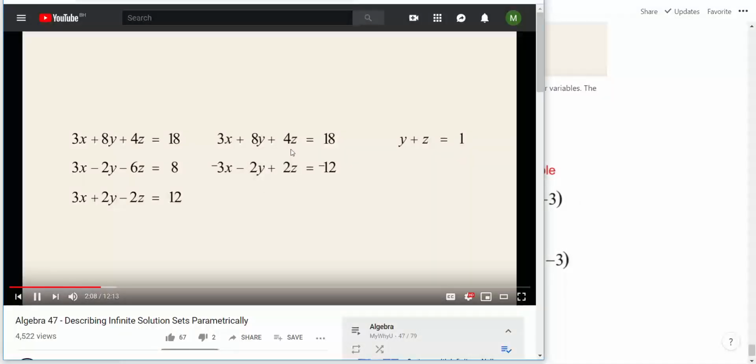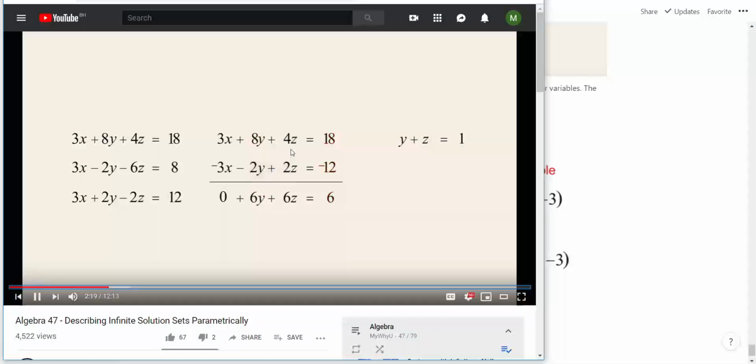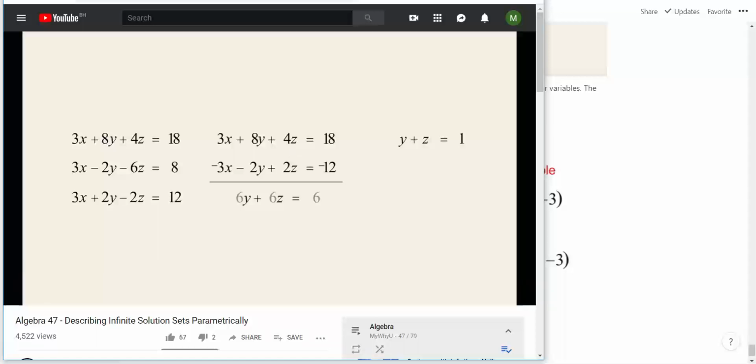The equations, we get 6y plus z equals 1. This gives us a system of two equations and two variables which we can try to solve to determine the values of y and z. But since both equations are identical, when we multiply one equation by -1 and add the equations,